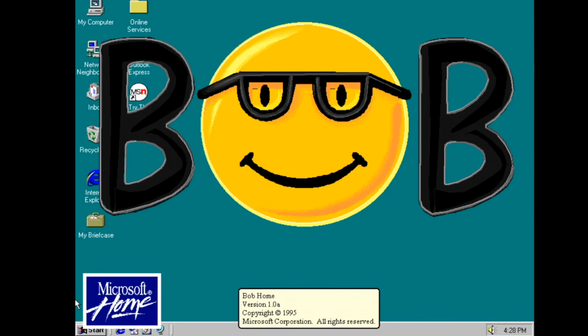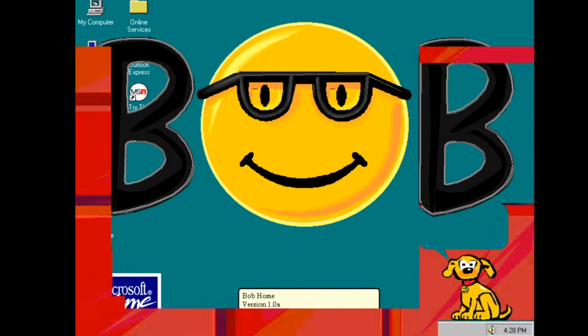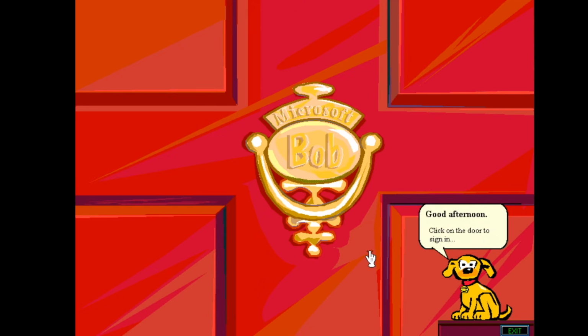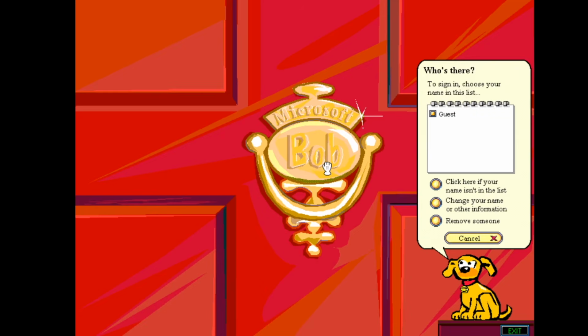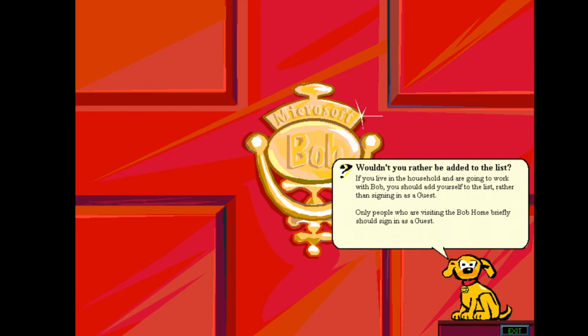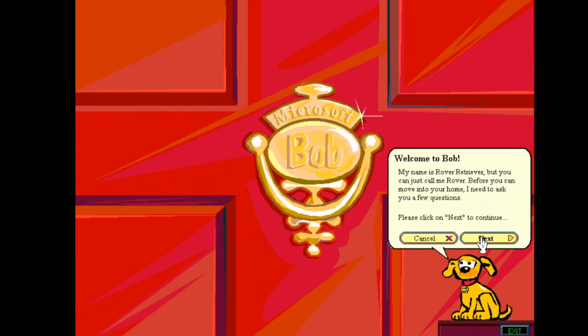So I figure if we can class Windows 1.0 as a full operating system, Bob can make this list as well, and besides, it received a ton of votes in my polls. We had to mention it in here. Now, Bob was designed to be a way to make computers feel less scary to normal folk, and it ended up being a clunky, slow system that often patronised its users rather than helping them.